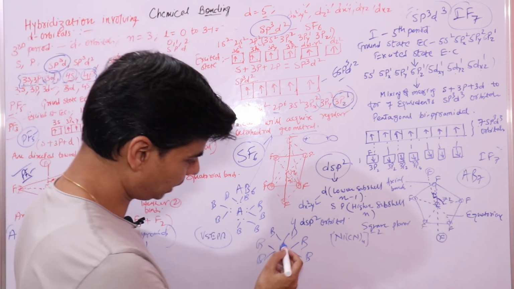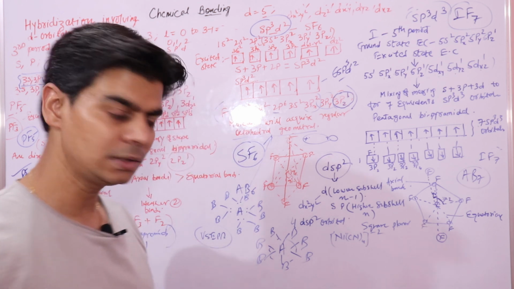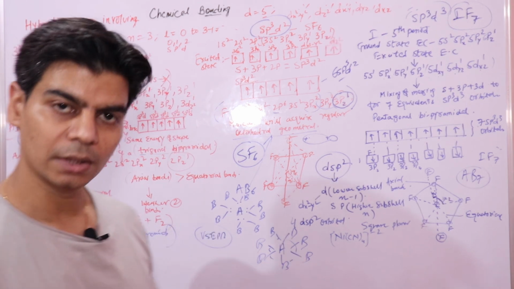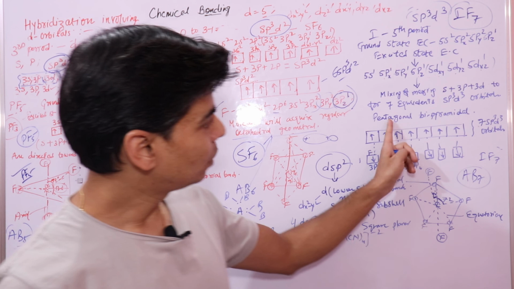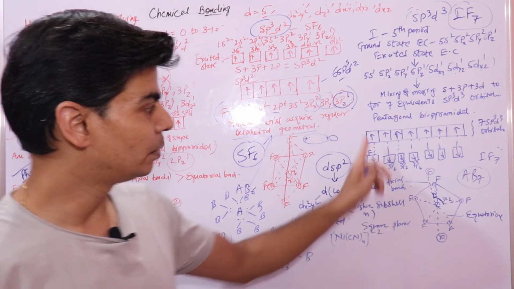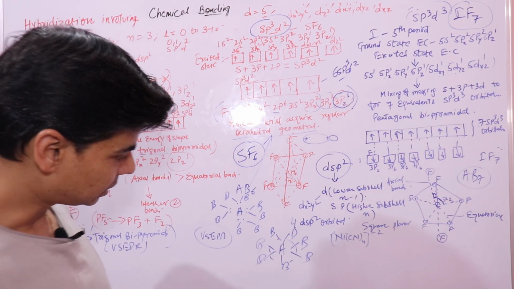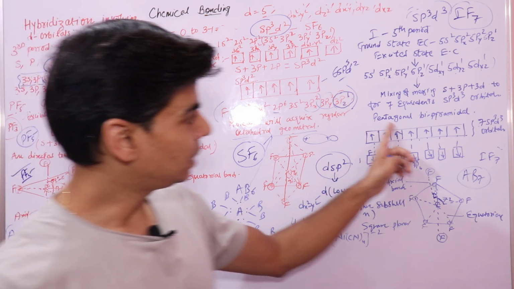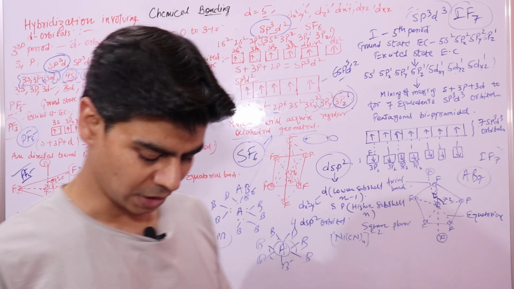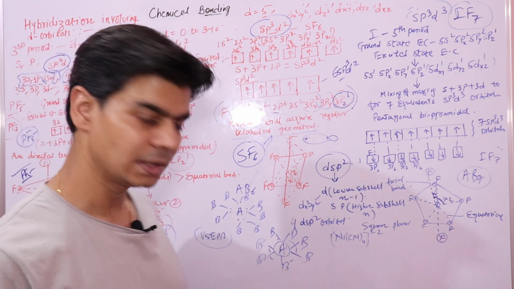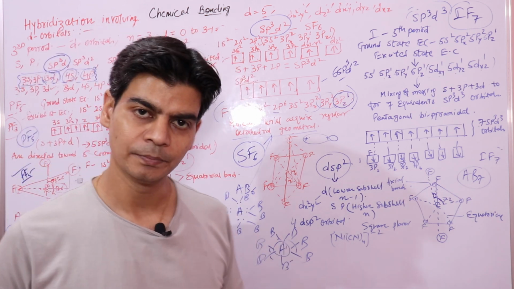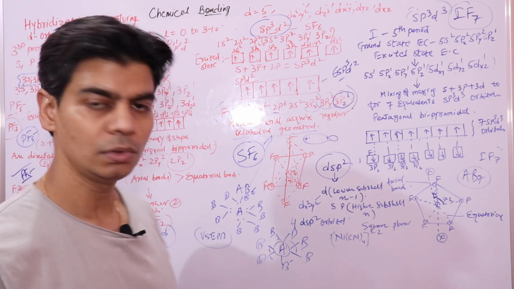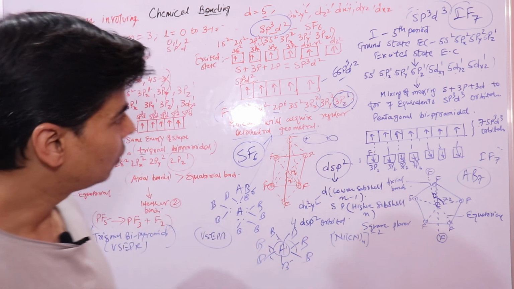So the positions that these bond pairs will take on getting repelled from one another would be pentagonal bipyramidal. In this geometry, these 7 bond pairs surrounding this central A atom will acquire pentagonal bipyramidal shape, so that these bond pairs have minimum or zero repulsion, so as to keep this molecule stable. So I hope all this is clear.